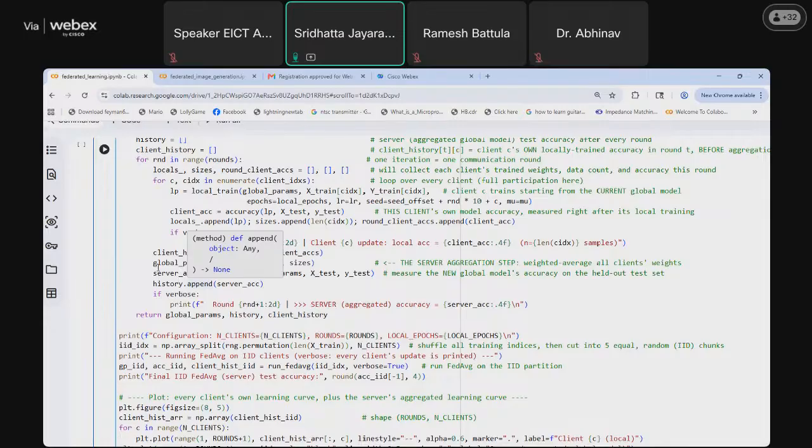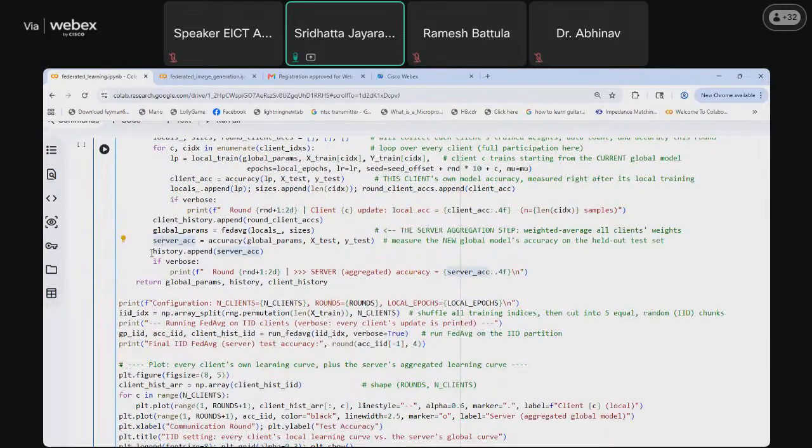And as now we know the weights of the central server, we will pass these parameters of the central server through the accuracy function to calculate the accuracy of the global server model on the test data. So this will give us the server accuracy.